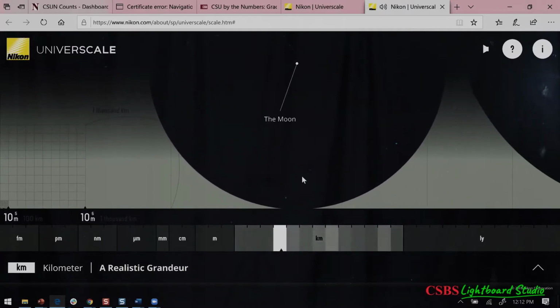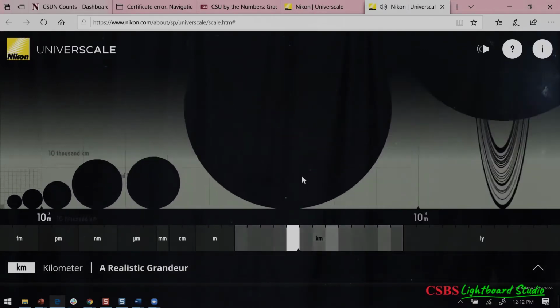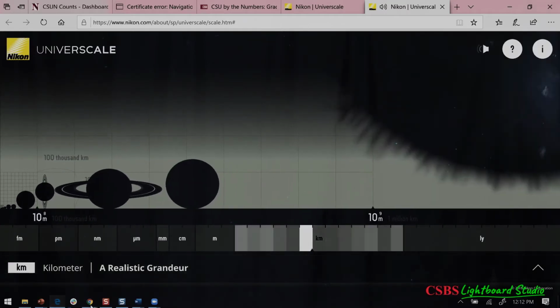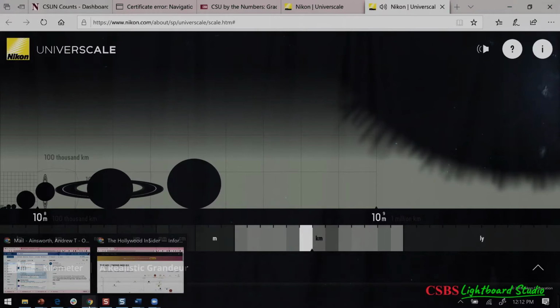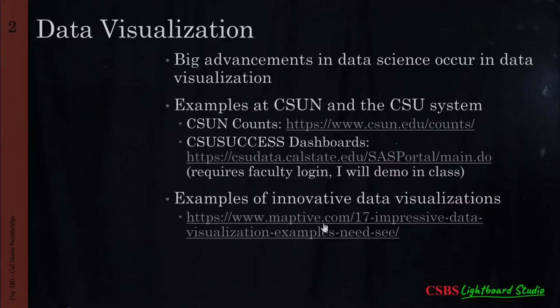Then you start to get the planets. There's the Moon, Mercury, Mars. It gives you the relative size of all kinds of stuff. All right, so I would say go out and play around with some of those, because they're interesting, different ways in which people are using graphics and analytics to demonstrate data